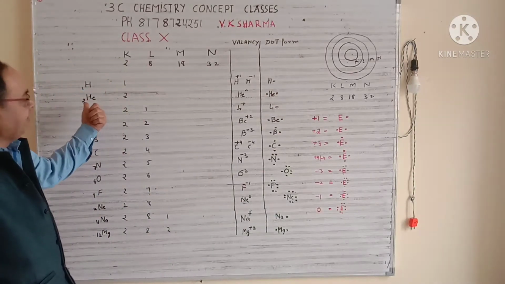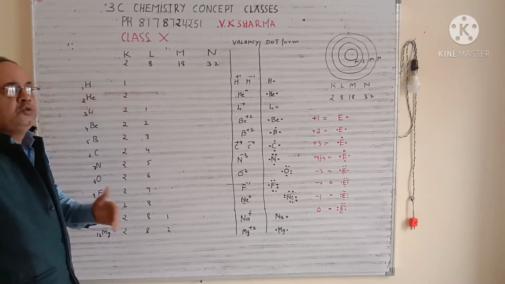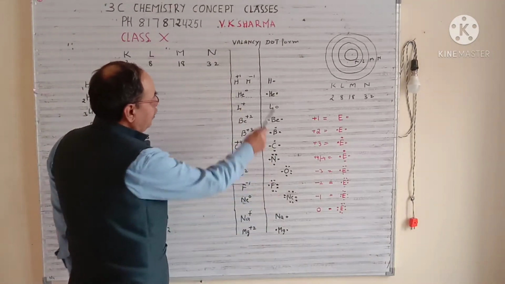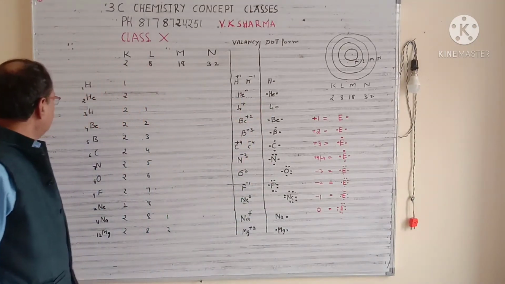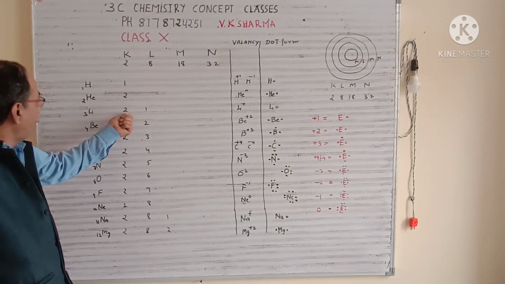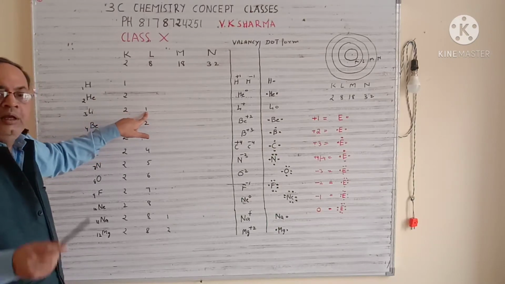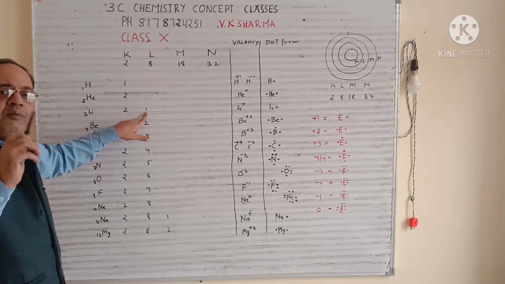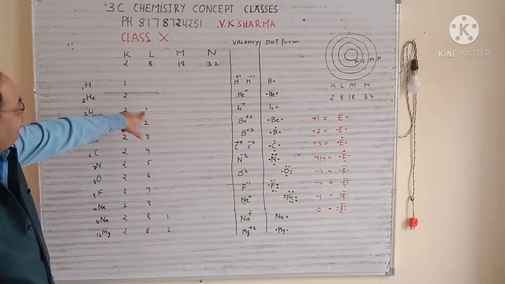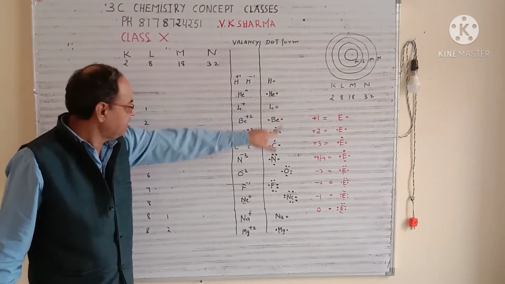Now same way we have helium, the next element, which has 2 electrons. So the first shell will have 2 electrons, so it is a stable form. Neither will it give nor will it take. So helium will get a 0 charge, and 2 electrons are shown this way. Now next we have lithium. Lithium has 3 electrons. So the first shell will accommodate 2 electrons, while the second shell will have 1 electron. See, donation and acceptance always take place in the last shell. Its last shell has one electron, so definitely it will give one electron, so it will become lithium 1 positive, and one electron will be represented like this.